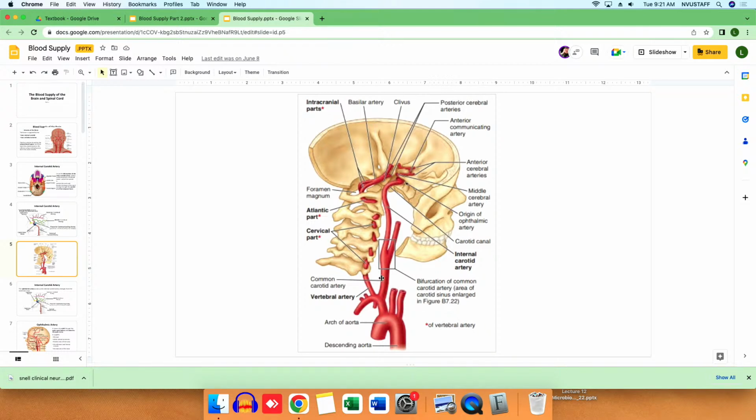So it's the right common carotid and the right subclavian artery. The rest of the 2 branches, as you can see here, are the left common carotid, which is in the middle, and more posterior and lateral to it,